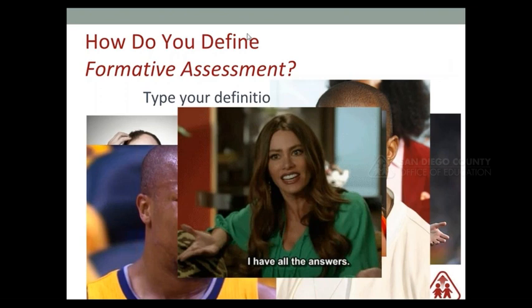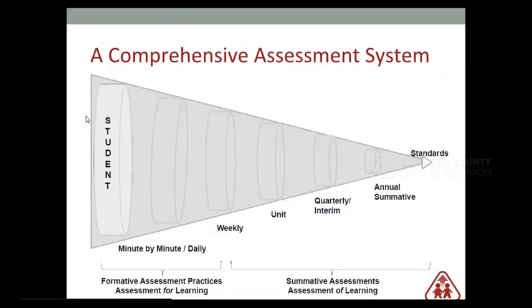So if we're thinking about assessment and formative assessment and all of the different types that we have, we really want to think of the different types in relation to the impact it has on student learning. And we know that we have the annual summative assessments, we'll have the new CASP, we'll have the new LPAC, and then all the way down to the minute-to-minute daily assessment.